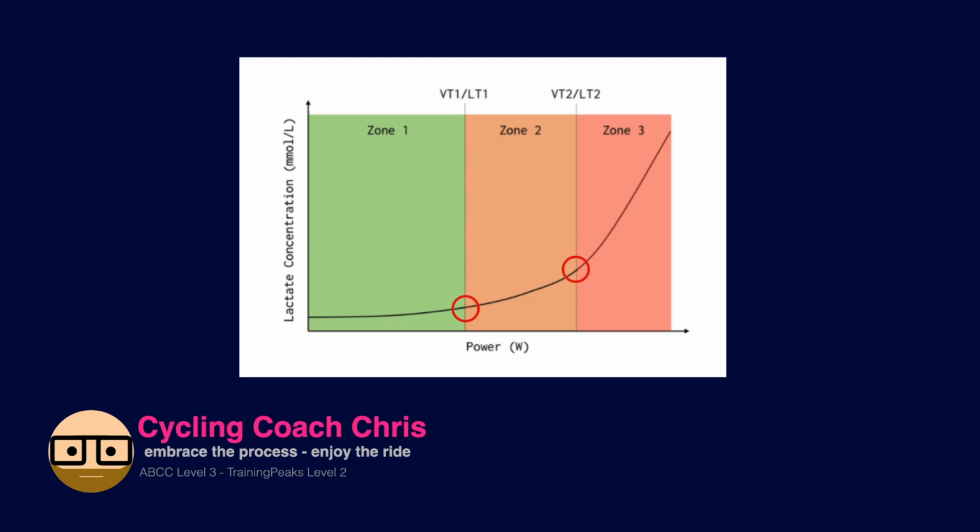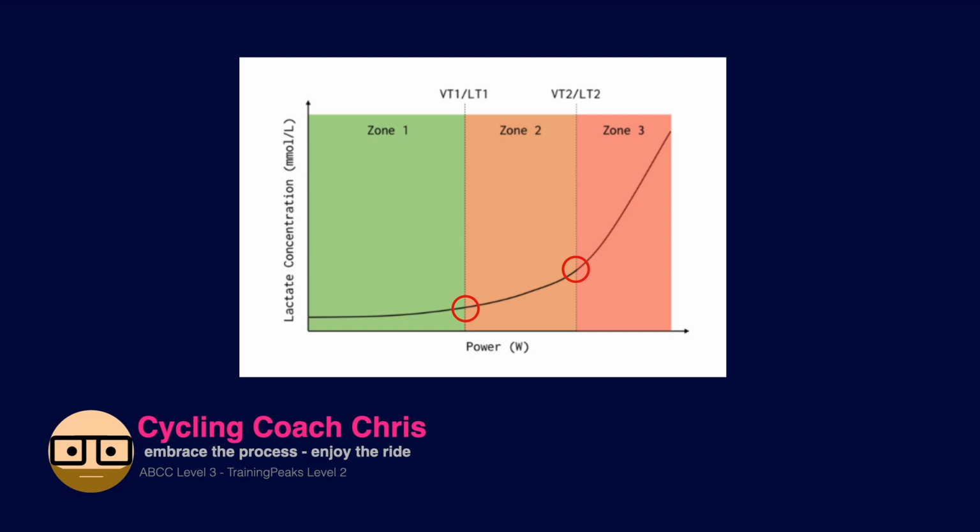It's at that point where you are said to be in balance, processing the waste products at the same rate that you're producing them. And when you step above that particular intensity, then you're on borrowed time. You're not processing the waste products as fast as you're producing them. So depending how far above that turning point you are will determine how long it will take you to reach